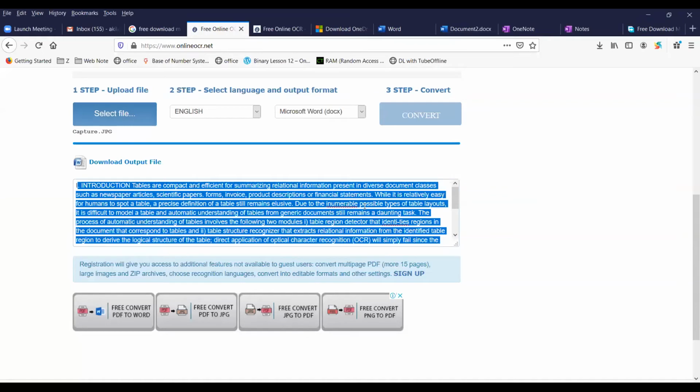Even handwritten documents can be converted in this way, but the letters must be in their original shape. When we are writing, in some cases, we miss the shape of the letter. If you write the letter in its original shape, then you can easily convert it using this method. Okay, so that is online OCR. Next one.